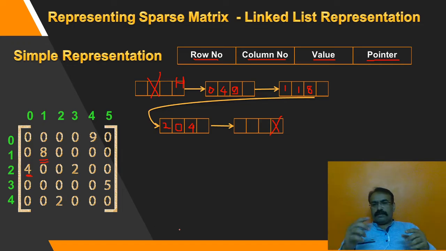If you remember the array representation, that entire row is now considered as a node, and those values which are stored there are stored in the node as data fields, and only one pointer field is added. But this is a very simple rough representation of a sparse matrix, and it is not the way it is actually stored. This is okay if we have a small sparse matrix, but if you have a huge sparse matrix, then the logic entirely changes. That's what we are going to see with the next representation of the matrix.